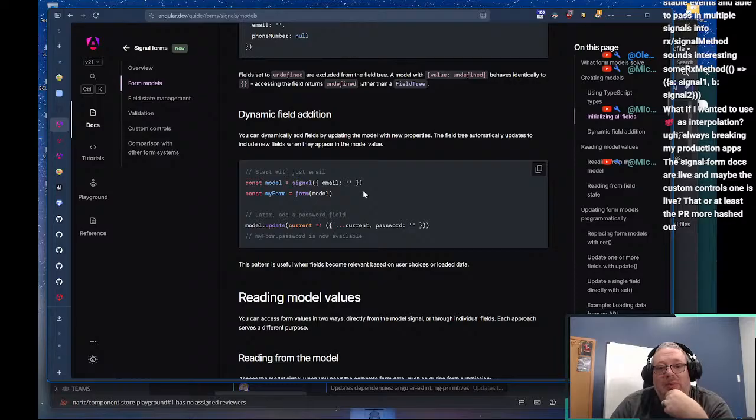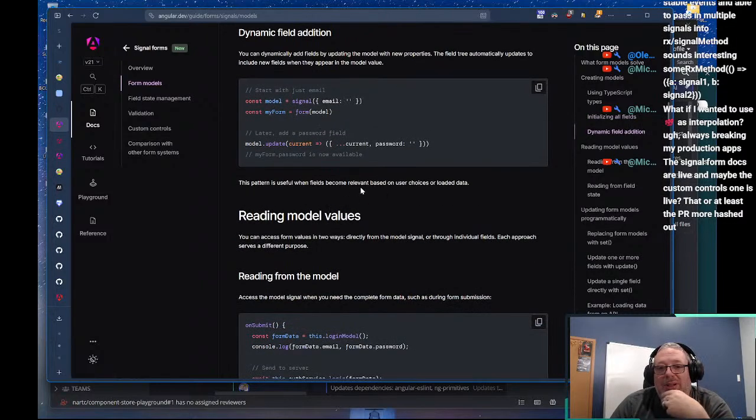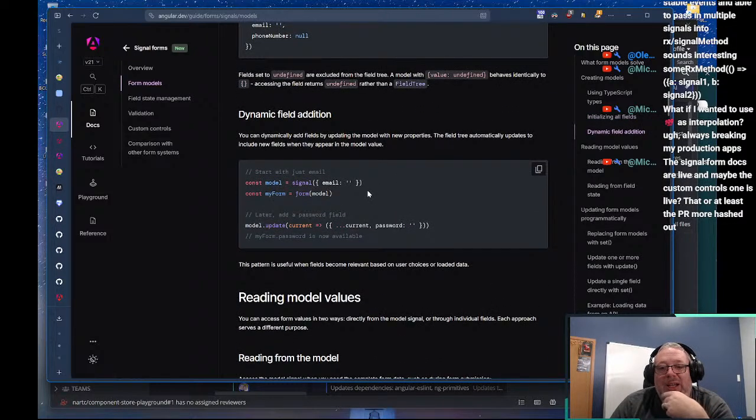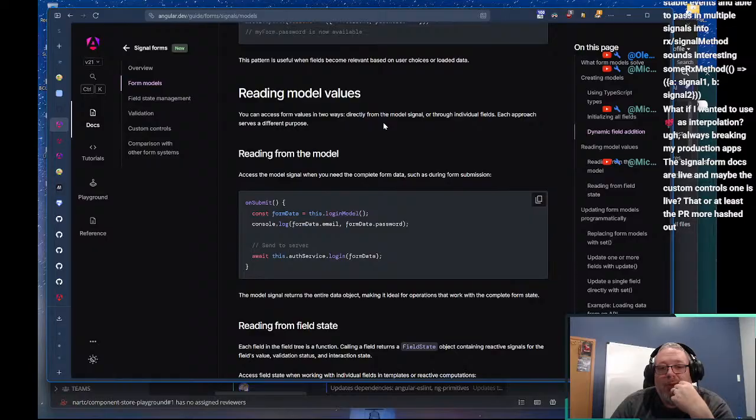Interesting. That's fascinating. I mean, it makes sense that you could mutate the form like this. I just hadn't thought to do it. But it would give you the ability to add stuff to the form.